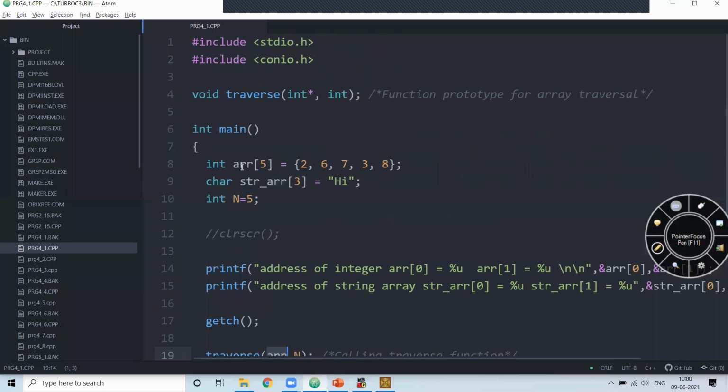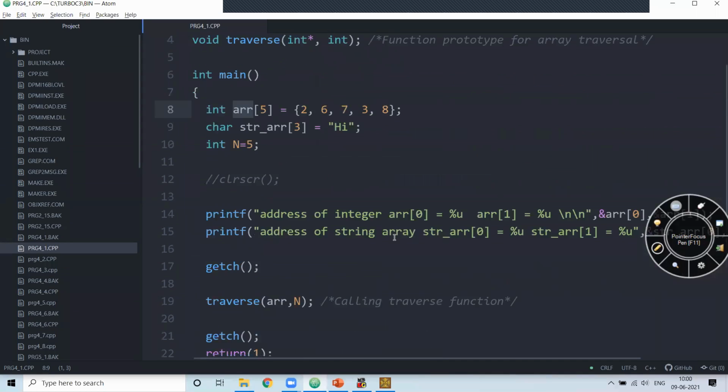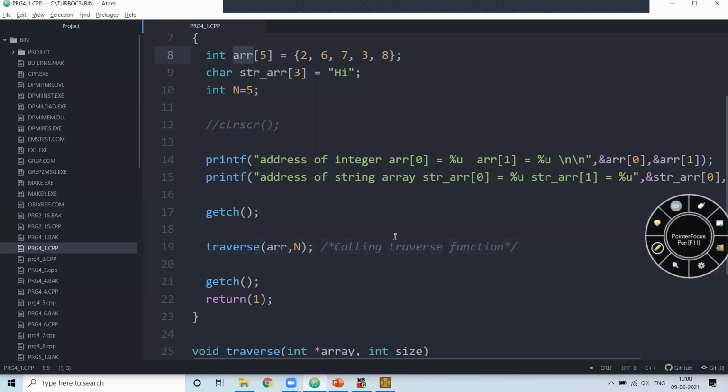ARR is the name of the array. So this name itself acts as a pointer. One of the major features of arrays is that if you use the name directly, it refers to the pointer. If you make changes using that pointer, it will be reflected even in the function which has sent it. So here ARR is actually the address of this entire array, and n is how many elements are present in it.